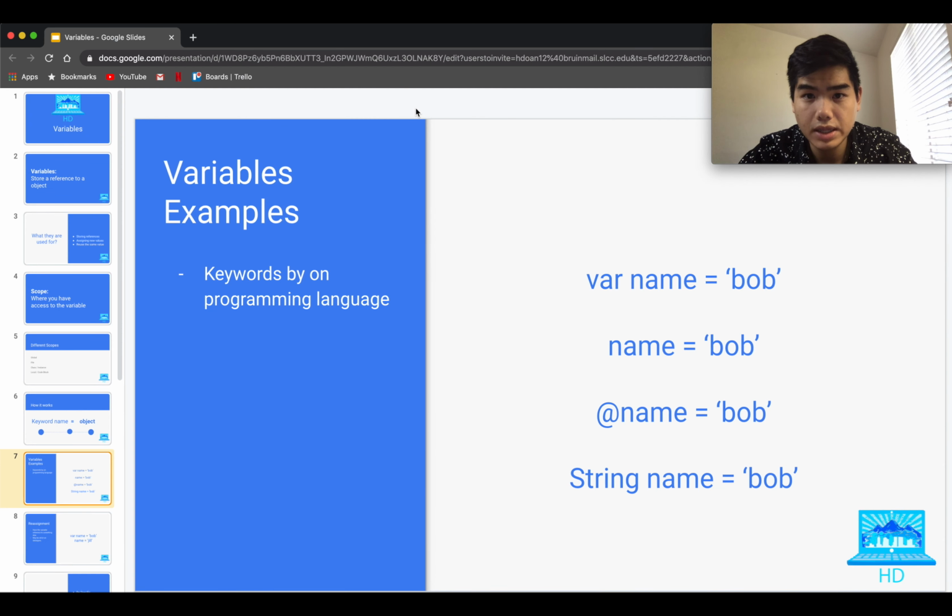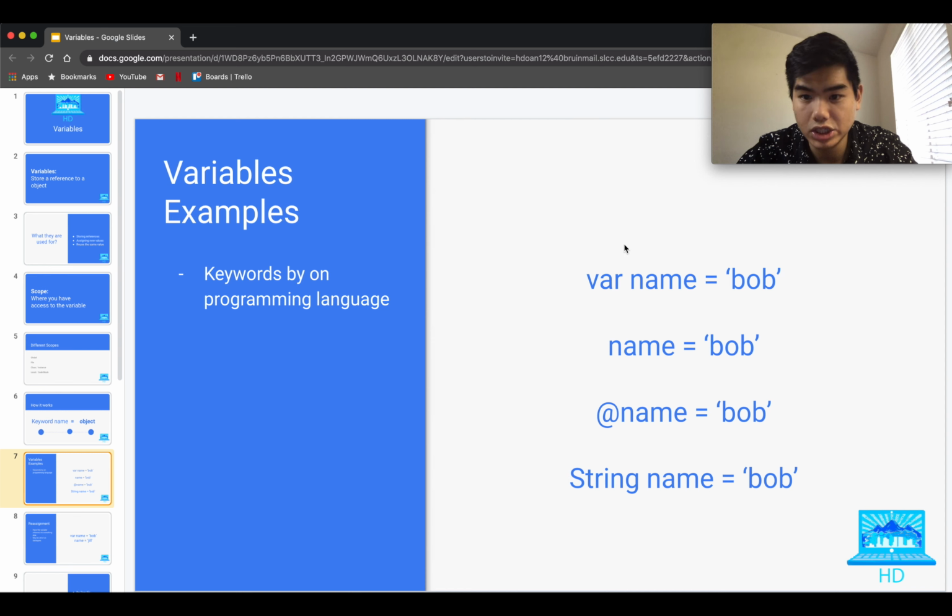So here you can see that we have the exact same variable, but in multiple languages. We have JavaScript, locally scoped, and many languages, Ruby, and a little bit of Java and C#. So with this, the only difference between all these variables is whatever language that you're using. And depending on language, you would have a keyword or a unique identifier for variables, such as var, @, or a string, like so. But the whole structure of how a variable works and how they're used, they're all the same throughout any language,